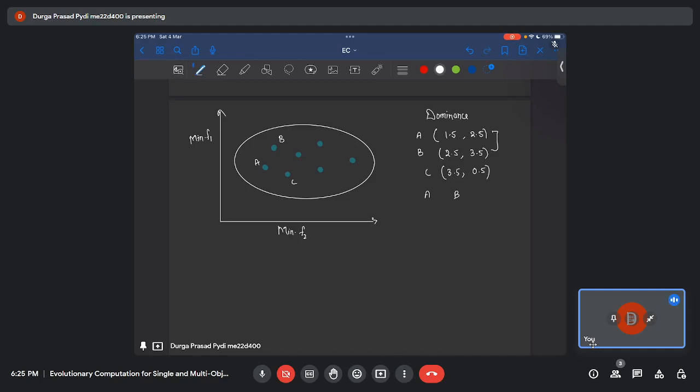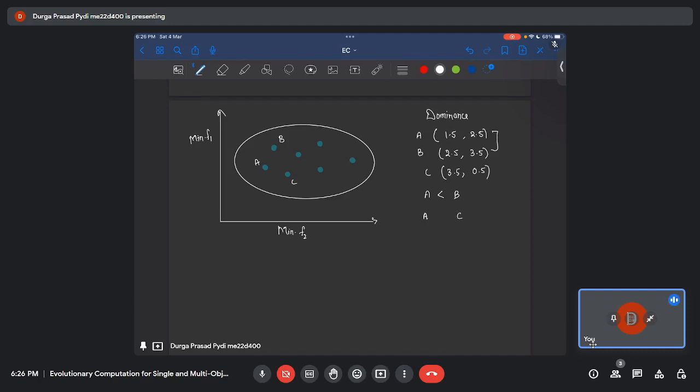If you see B, both the values of f1 and f2 of B are higher than the values of A. So B is actually worse than A. I'm just using the greater than symbol here to mean that one particular solution is better in terms of the purpose we are trying to solve, minimize both f1 and f2. So we'll just use less than, in the sense it has a minimum value. So A is a better solution in the sense it has lower values of both f1 and f2 compared to B. But now when you want to compare A and C,